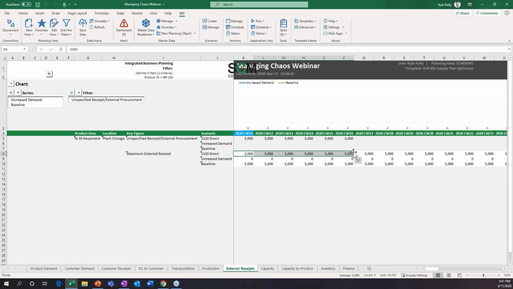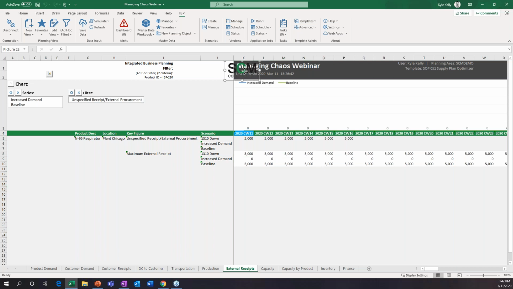Now, think about how you would do this without IBP. How do you determine what are the maximum external receipts you can get? Well, if you already have a contract with this vendor, you're going to have to either call them up, you're going to have to send them an email, some sort of chain back and forth, and it's really up to you to try to push when the data is updated. However, there's some nice out-of-the-box functionality with IBP that actually would allow you to give the vendor itself access to the database and in only very specific cases, and they can update the information directly themselves, and you can see it in real time.